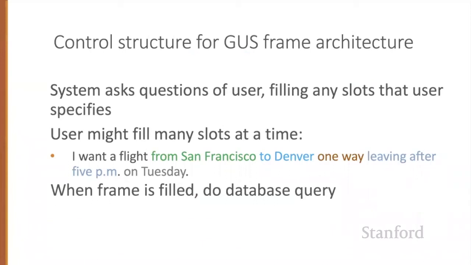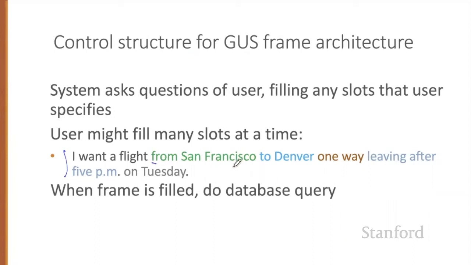And to do this, the system asks questions of the user. We'll have pre-specified question templates associated with every slot of each frame, and then filling the slot the user specifies. So a question to fill the departure city slot might be, where would you like to fly from? And the user might answer, I want a flight from San Francisco to Denver, one way, leaving after 5 p.m.